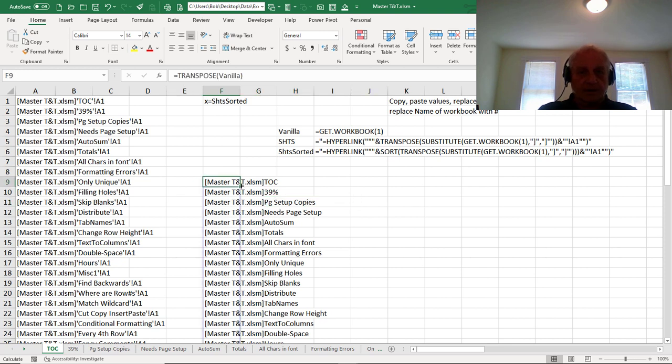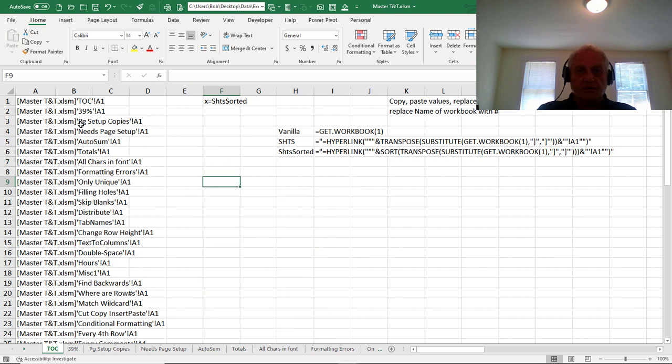Okay, so let's get rid of that. So this works fine. And the single quote exclamation A1, so all these hyperlinks work. Sheet sorted is the same thing, but I stuck in here a sort command. So I surrounded it with an extra parenthesis, to sort all that. And if I just do equal,